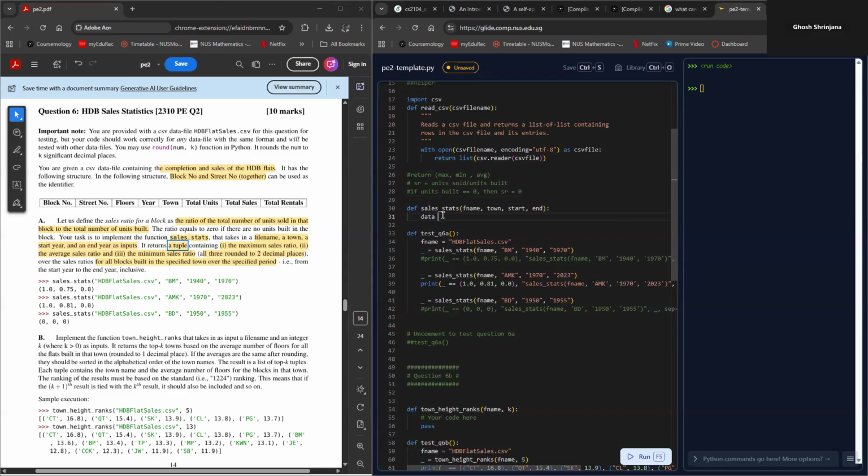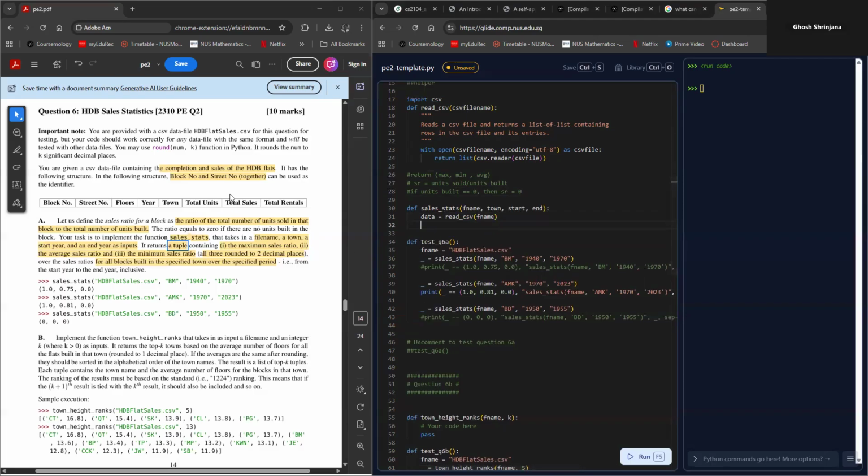So the first thing we'll do is import our data from the file name. So read CSV name. Now, the next thing is we are not exactly asked for the sales ratio for all blocks. We are only asked the sales ratio for a particular town over a particular specified period. So we go in this order. First, we filter over the town. How do we filter over the town? The town is the 0th, 1st, 2nd, 3rd, 4th index. So we do list filter lambda